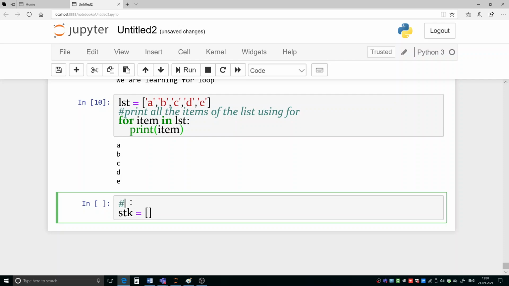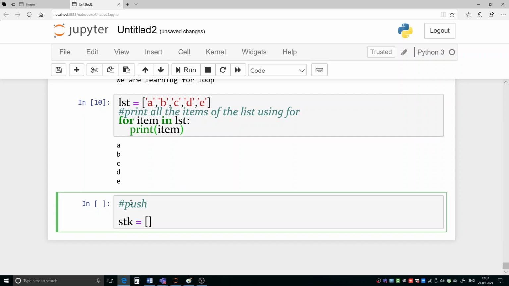Here we are going to perform push operation. So no elements are there in the stack, and we have to perform push operation. So in the exam you will be asked to write a definition for that. Okay. Function definition. So we will be starting with function definition itself.